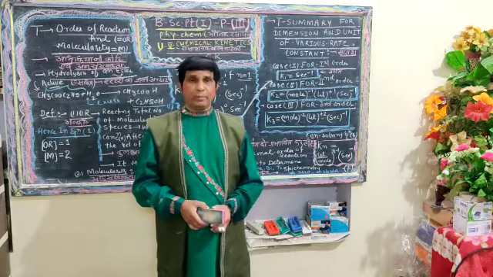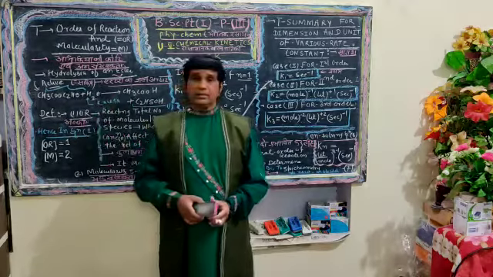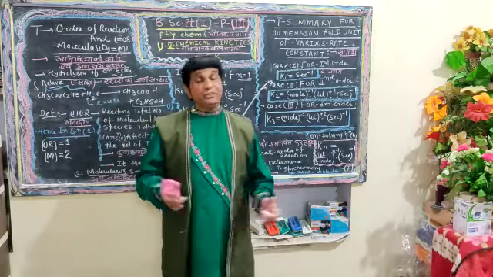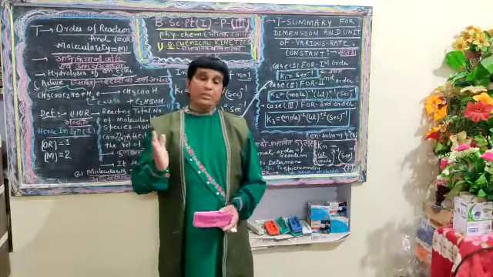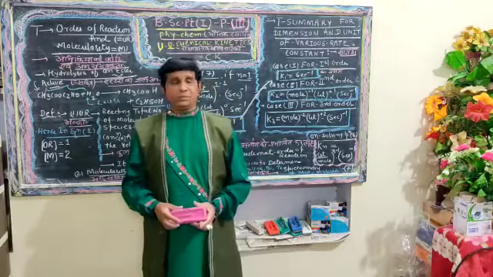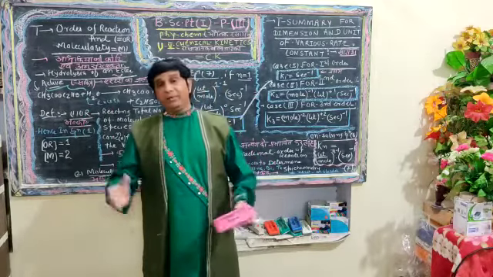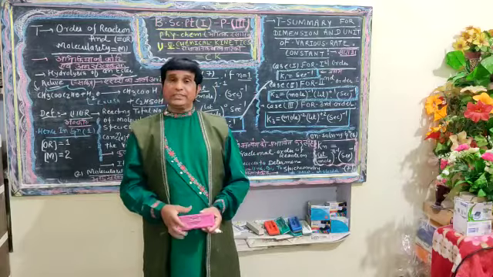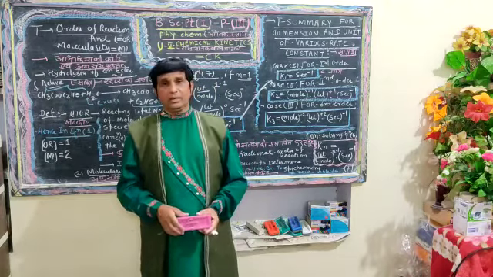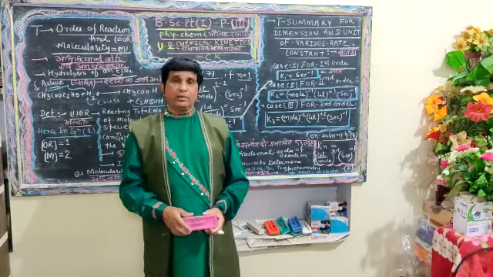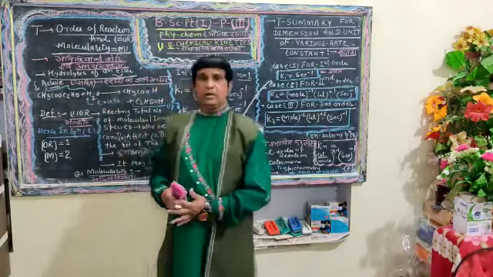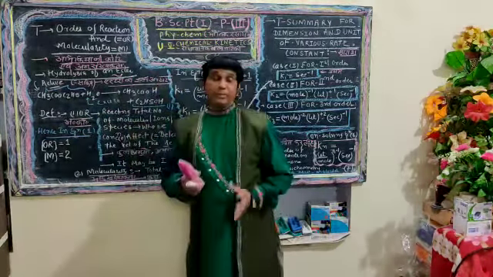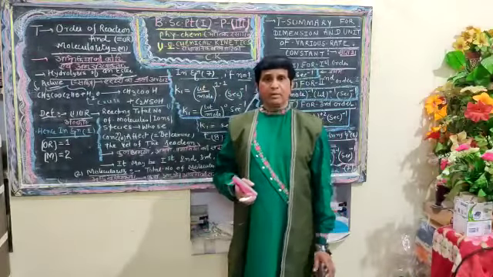We have also defined the velocity constant, which is also known as the specific reaction rate. Why is velocity constant known as specific reaction rate? It can be defined by the assumption of a specific concentration, that is, the concentration of the reactant being unity.